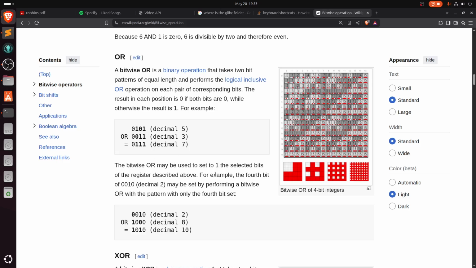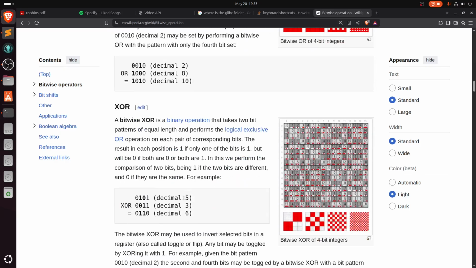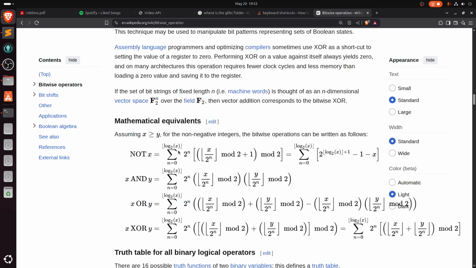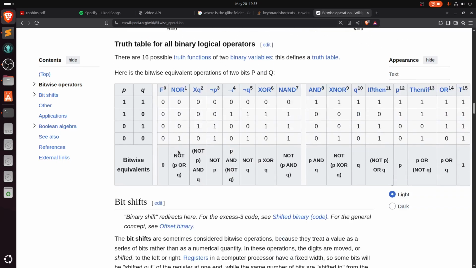The bitwise OR may be used to set 1 to the selected bit of a register. For example, the fourth bit of 0000 may be set by performing a bitwise OR with a pattern with only the fourth bit set. Okay, XOR, I don't really need to know. I need to go with